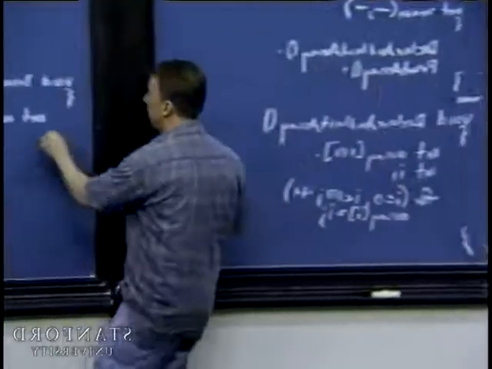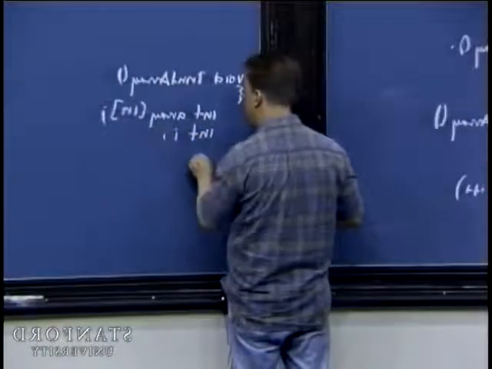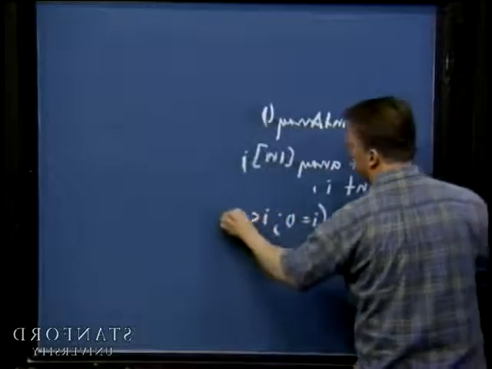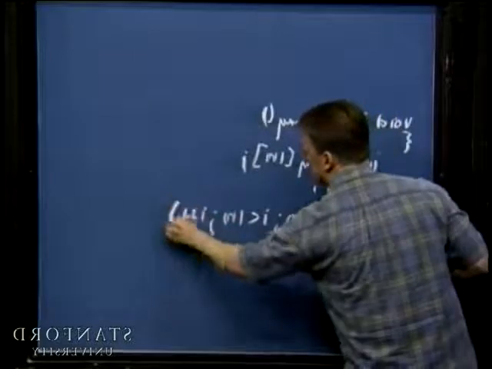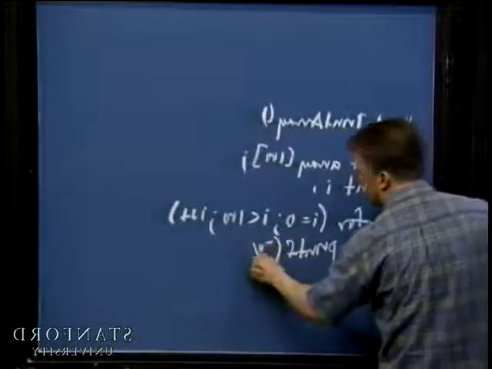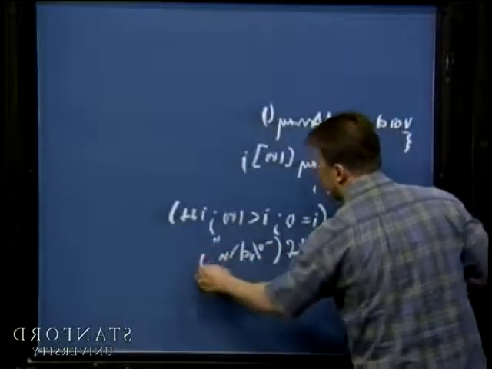And they do this for i equal to 0. They get the for loop bounds right again. That's not the issue. printf %d\n array